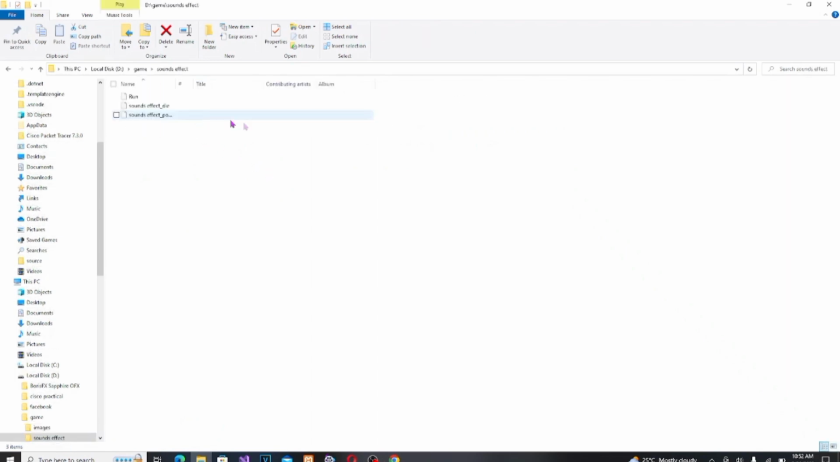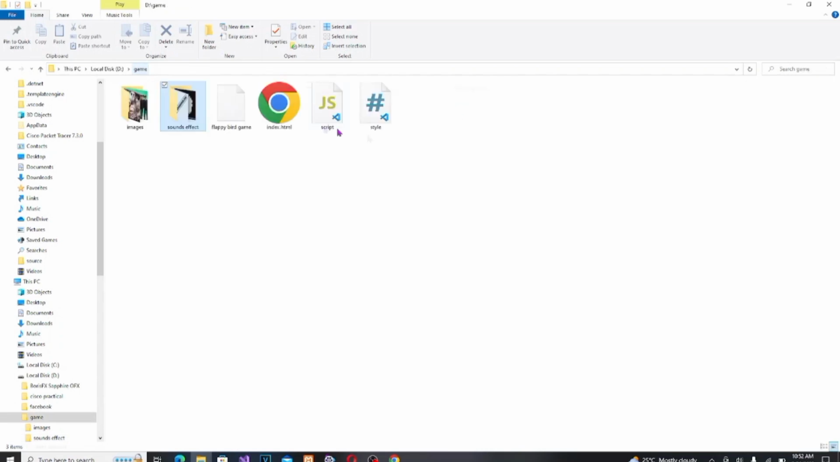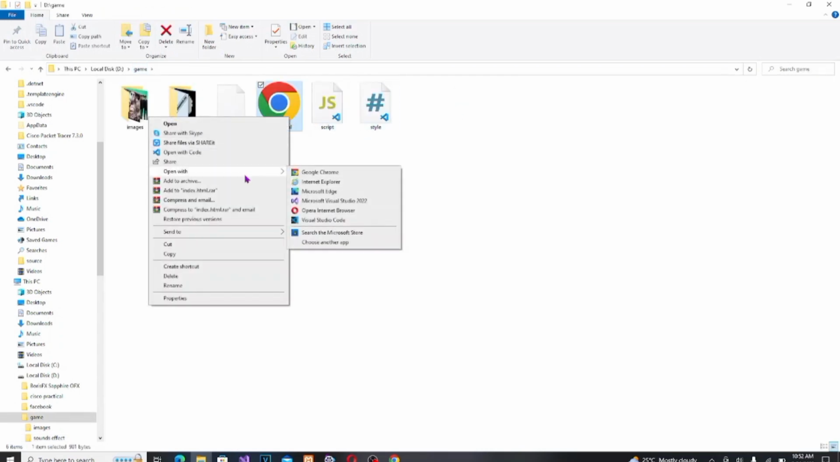This is the sound effects folder. I have tried so many. So this is the sound effects folder, and that is the code of